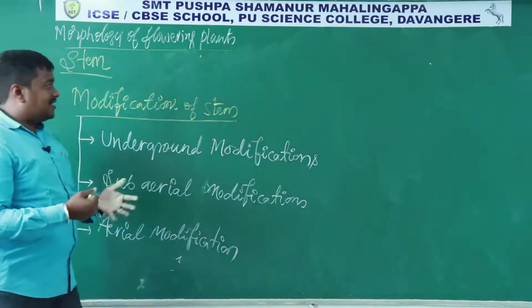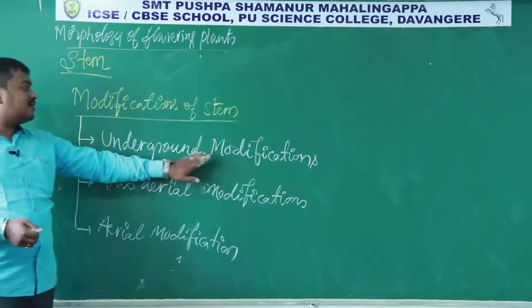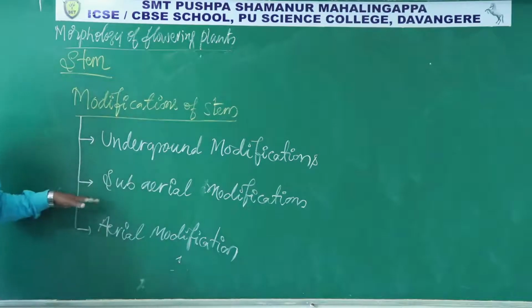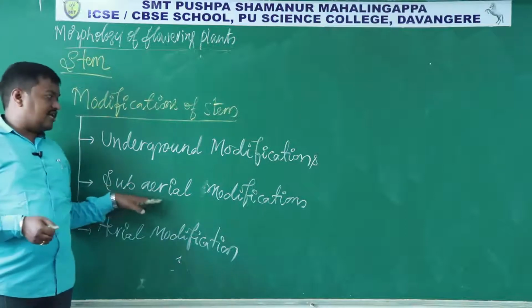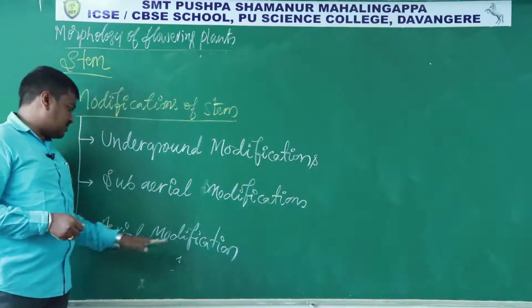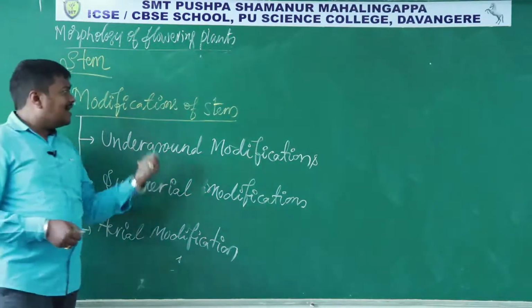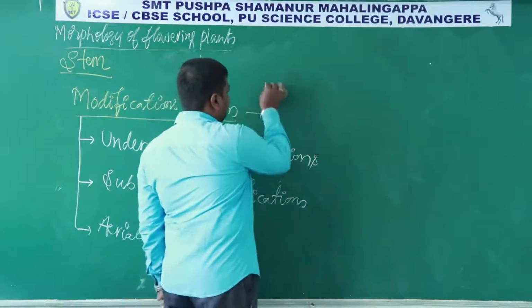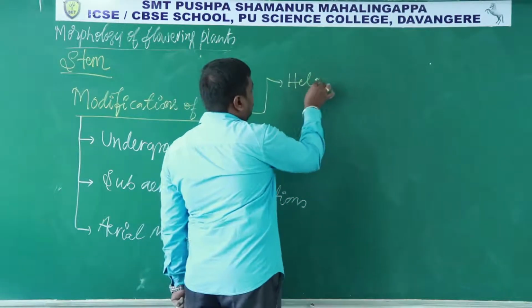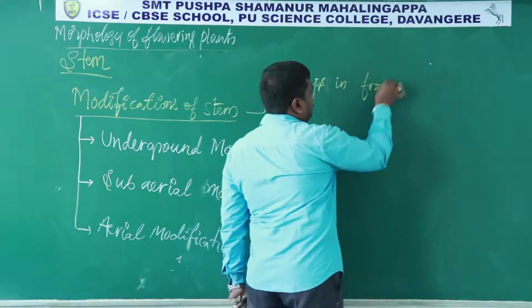In some plants, the stem which is present under the soil shows the modification. That's why it is called underground modification. In some plants, just above the soil, some modifications are there. Such modifications are called subaerial modifications. And above the soil, in the main stem, certain modifications are observed. Such modifications are called aerial modifications. And these modifications help in food storage,